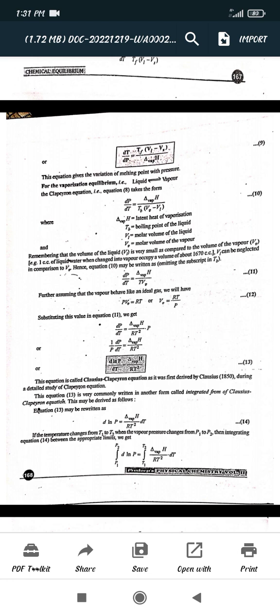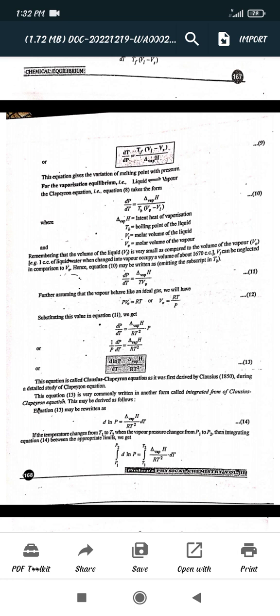This equation 13 is very commonly written in another form called the integrated form of the Clausius Clapeyron equation, and this may be derived as follows. Equation 13 may be rewritten as d ln P is equal to ΔHv by RT square into dT. If the temperature changes from T1 to T2, when the vapor pressure changes from P1 to P2, then integrating equation 14 between the appropriate limits, we get